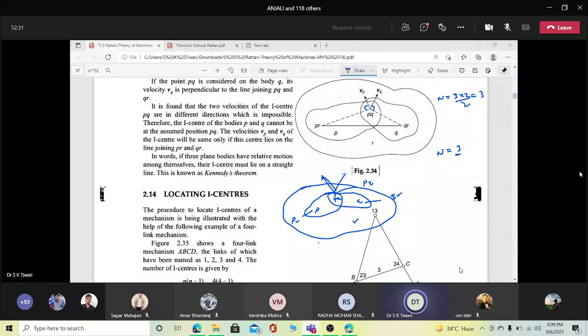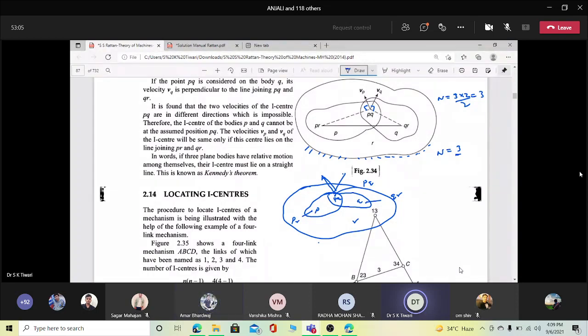ठीक है, तो 3 बॉडीज़। तो मुझे मालूम था कि 3 bodies when they are in rigid motion, they are in relative motion with respect to each other, तो मेरे पास 3 आई सेंटर होंगे। अब मैंने क्या किया, बॉडी R को मैंने फिक्स कर लिया, बॉडी R स्टेशनरी कर दिया। आप समझ रहे हो ना, जैसे टेबल पे आपका जो सामने टेबल या डेस्क है, आपका एक पाम जो है it is P, the another palm is Q, Q को P के ऊपर रखो और दोनों को टेबल पे रख के नॉन लीनियर काइंड ऑफ मोशन दो, ठीक है।